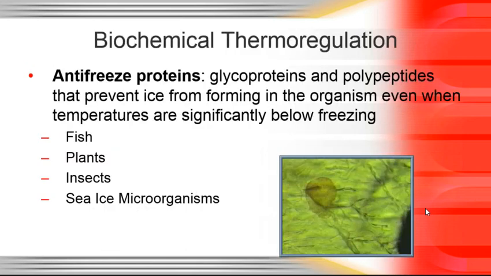Okay. Now, the other thing that I want to talk about really quickly is the biochemical thermoregulation, which I think is really cool. And what I'm talking about in this case are antifreeze proteins, right? So you put antifreeze in your car to keep those liquids fluid. There are animals that have evolved glycoproteins and polypeptides that actually act to prevent ice from forming. There are lots of different types of these. They have arisen in different groups independently, in lots of groups, okay? There are fish that have them, plants that have them, insects that have them, and sea ice bacteria that have them too. And so really, really cool stuff.